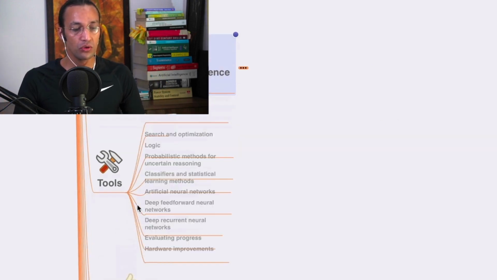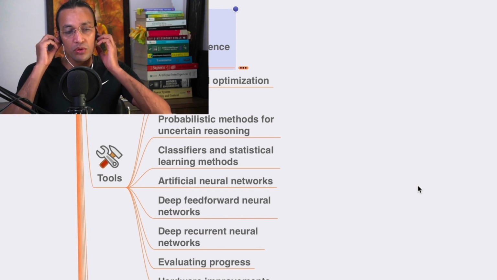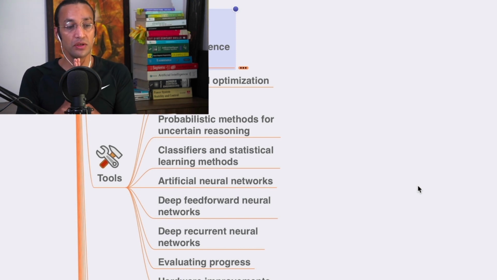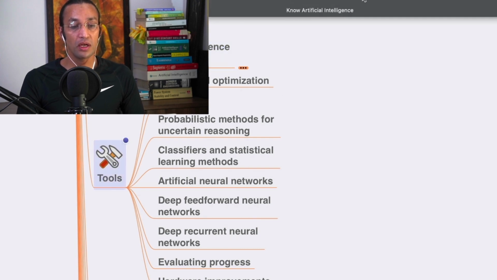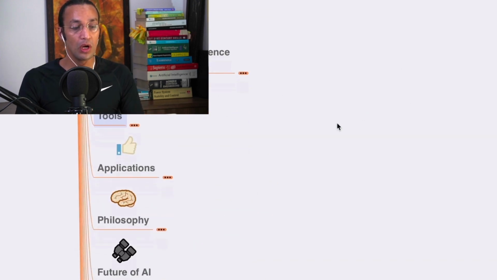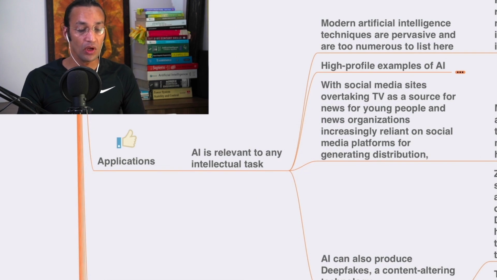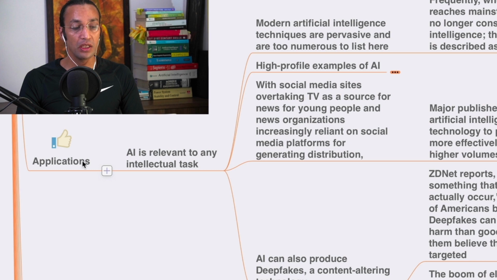So let's go to tools. Tools used include search and optimization, logic, probabilistic methods for uncertain reasoning, classifiers and statistical learning methods, and artificial neural networks, deep feedforward neural networks, deep recurrent neural networks, evaluating progress, and hardware improvements. These are the tools in artificial intelligence, and then we'll go to applications of artificial intelligence in the next video,